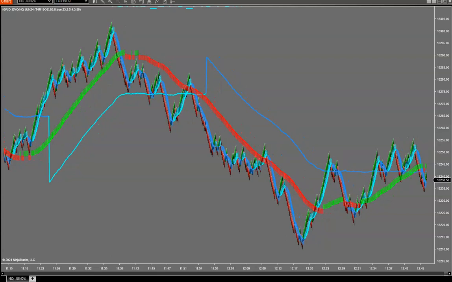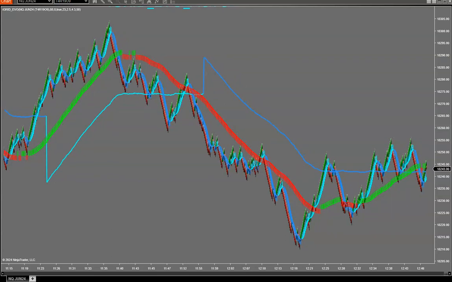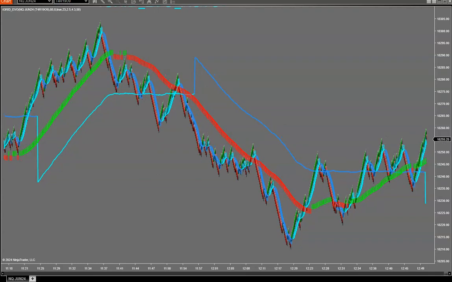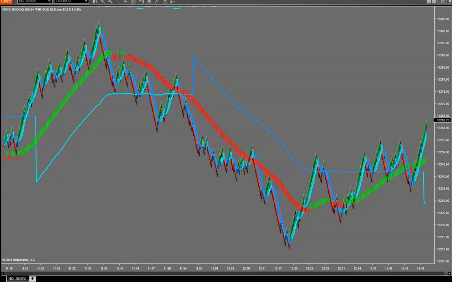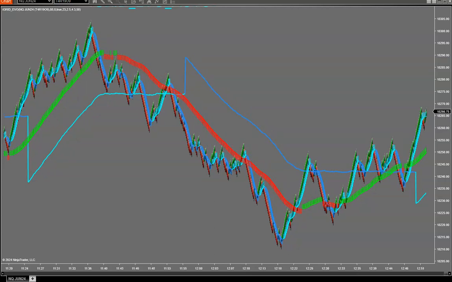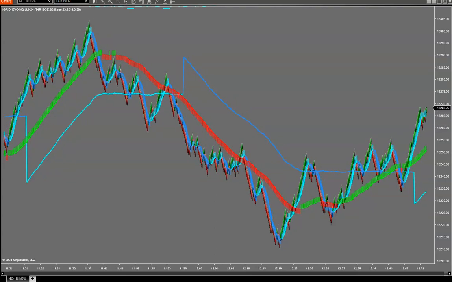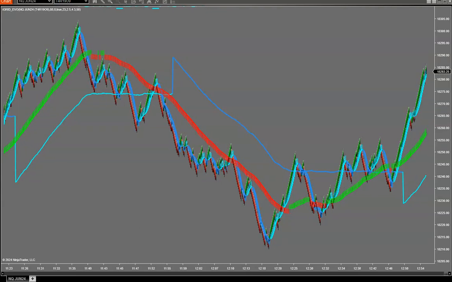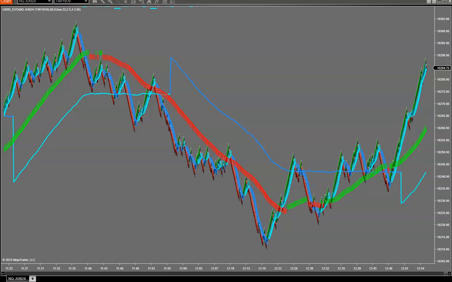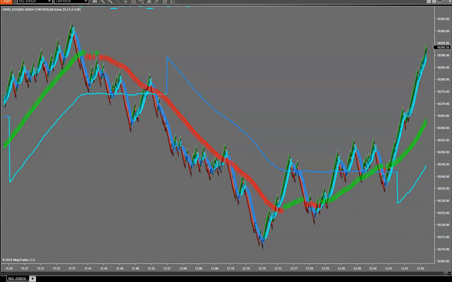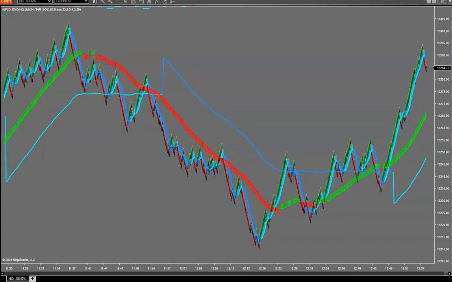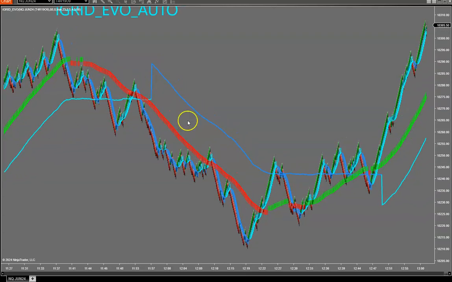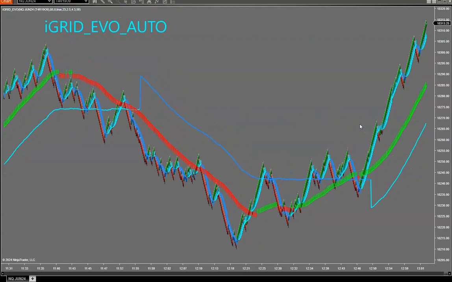I wanted you to be able to see how the indicator plots. And again, many indicators get beat up in the chop, and yeah, they might make you some money in the hard running trends, but the iGrid Evo is purposely designed to be very strong so that you can come out of choppy periods near flat to slightly positive or slightly down,